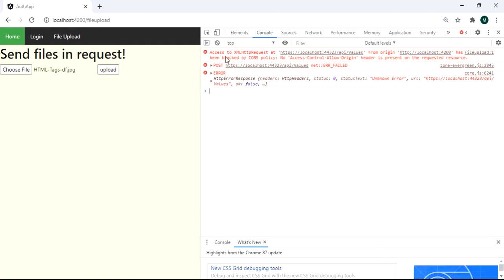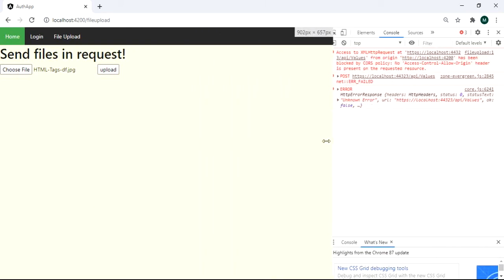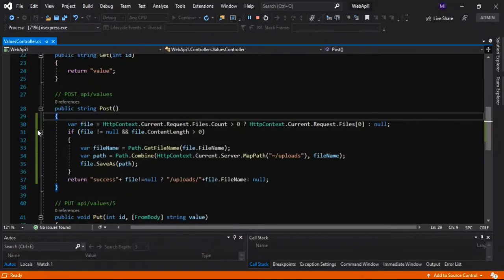that is, access to XMLHttpRequest at this endpoint from origin. Your application has been blocked by CORS policy. So how can we fix this particular problem? This is our server and this is our endpoint where I am supposed to get this call while making the request,